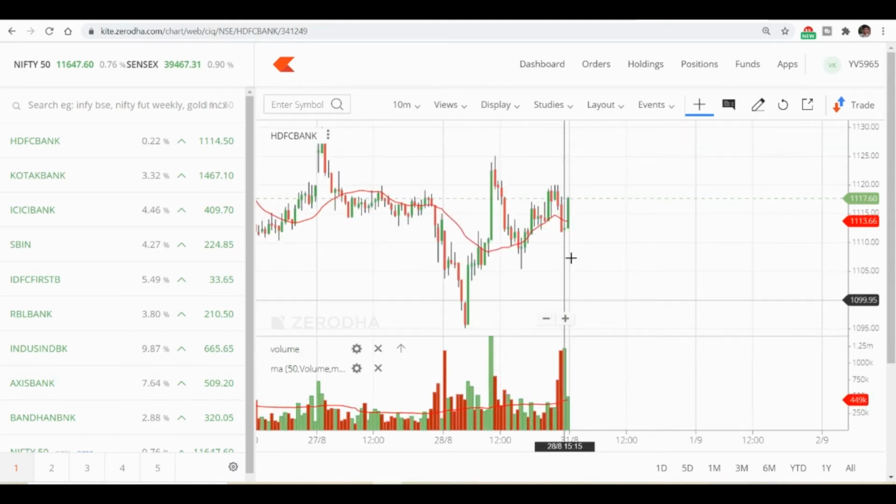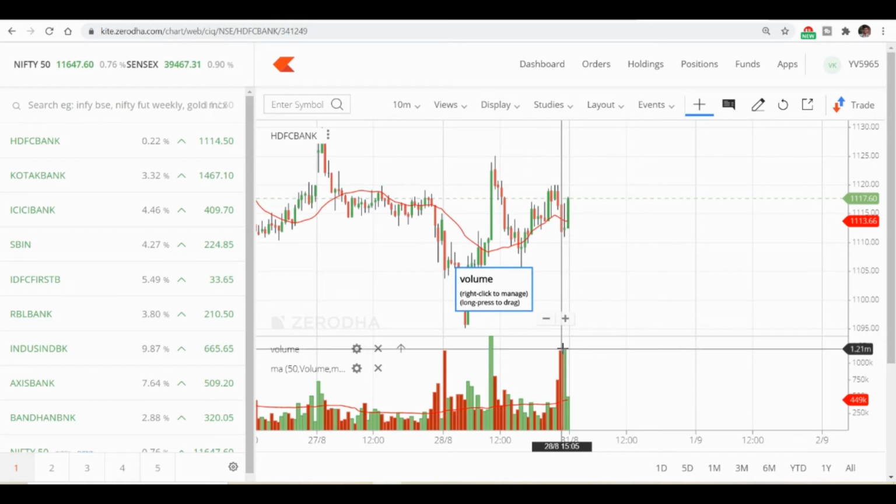Now there are two types of predictions we can come to a conclusion on. One is when the volume and price rise, we have to see the breakouts also. It will give a clear idea. When there is a breakout and it breaks the resistance, and again the volume and prices increase, it means there is an uptrend. But if the volume and price have increased but the breakout has not happened, and the stock is already at the top, then it means the stock might do a correction. So we need to be a little careful.